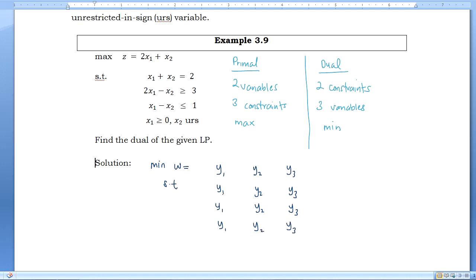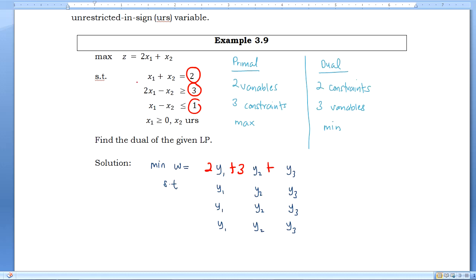Okay, let's fill in the coefficients of the objective function. The right hand side of the primal represents the coefficients in the objective function of the dual. So we have 2y1 plus 3y2 plus 1y3,